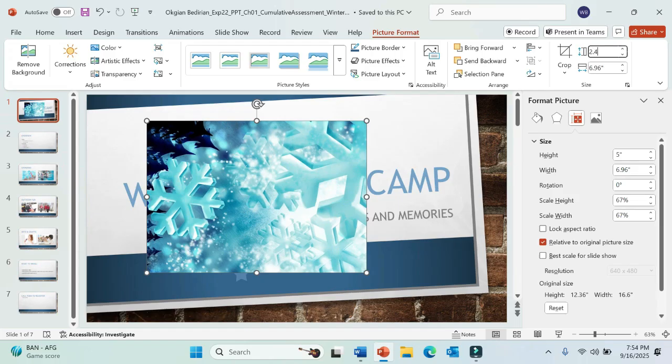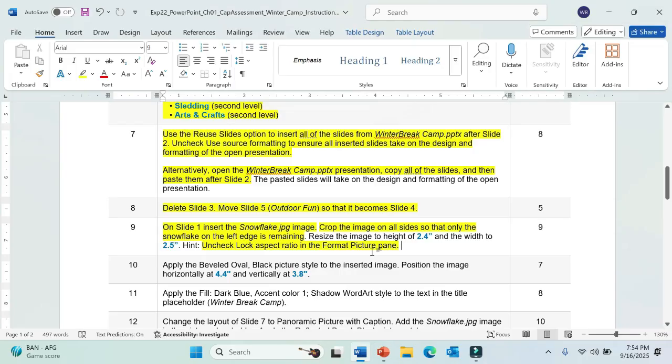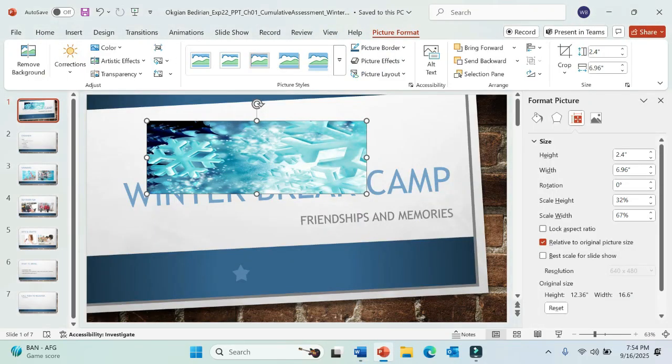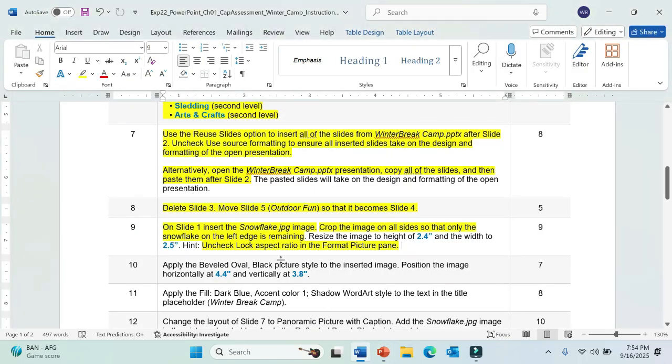And now type here 2.4, and what was our width? Width was 2.5. You can see this. Now it didn't change the height when we changed the width. Okay,